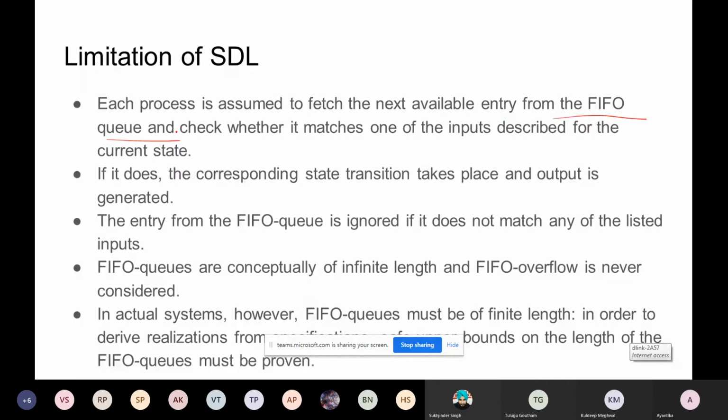Remember that FIFO-Q, whenever you are going for practical implementation, you are assigning some particular length for that Q. But there is a chance that when your end processors are communicating together and there are different exchanges of signals, the size of that FIFO-Q may increase in such a way that there is a chance of overflow.